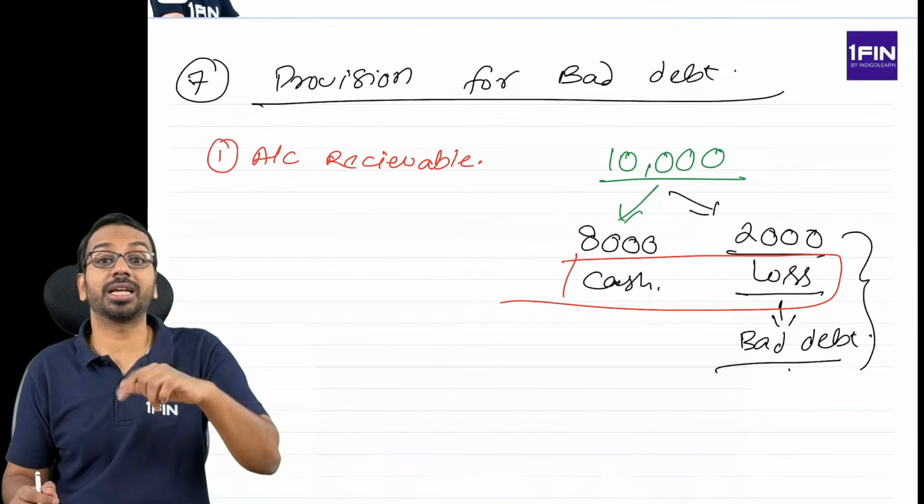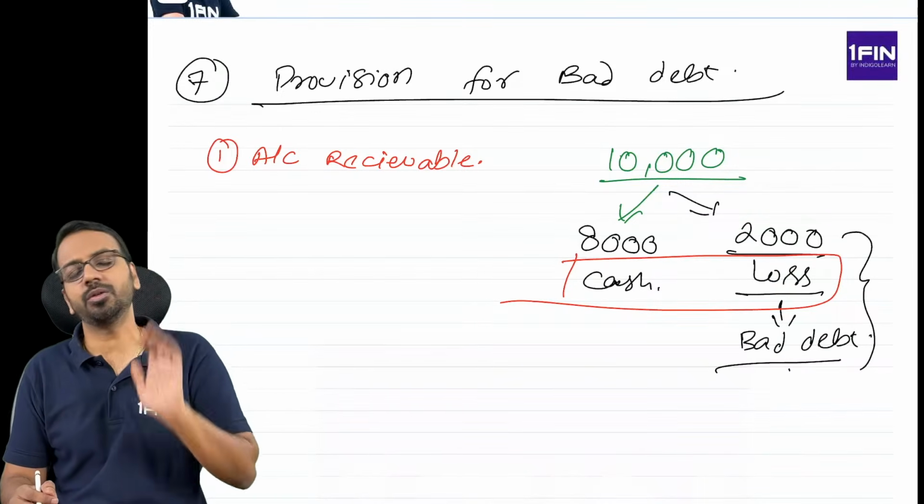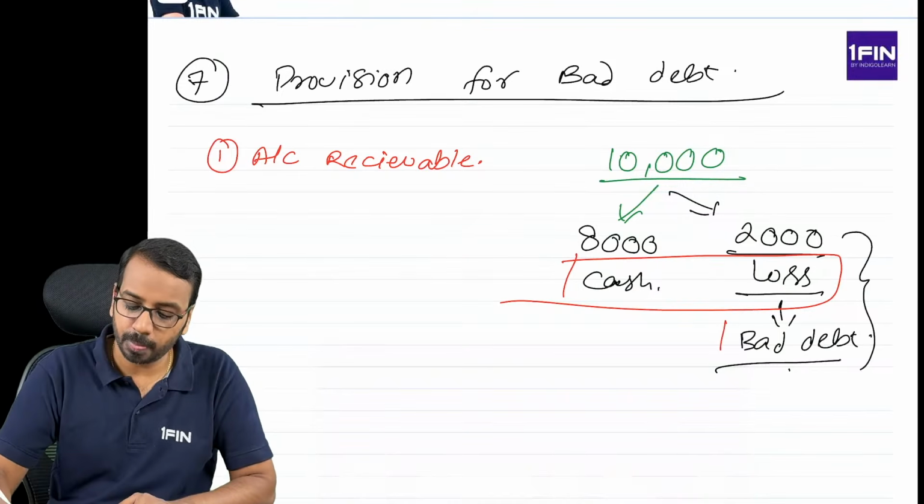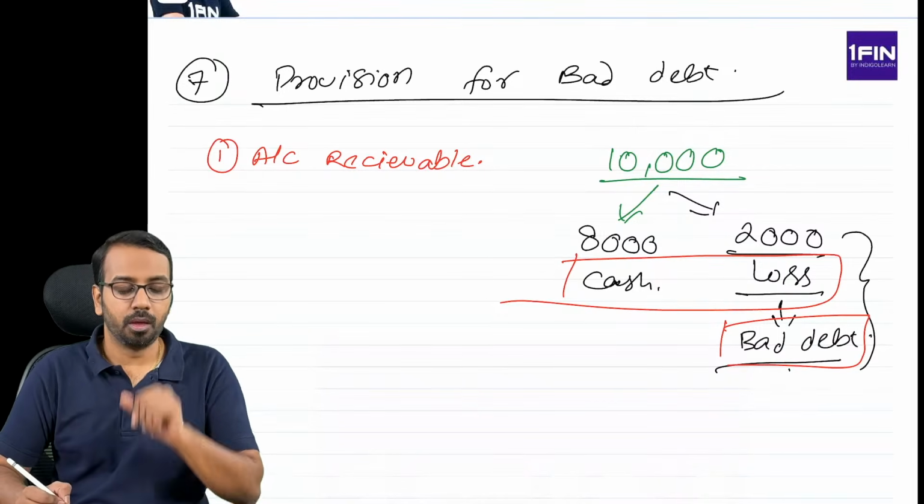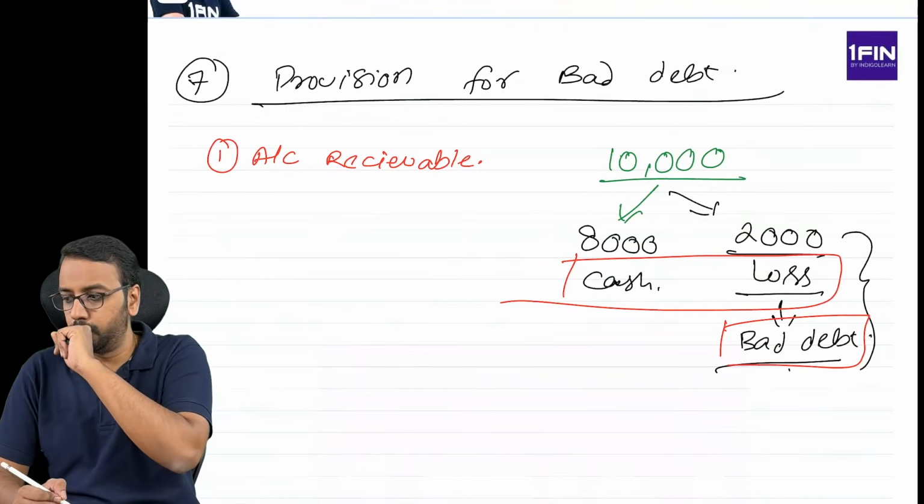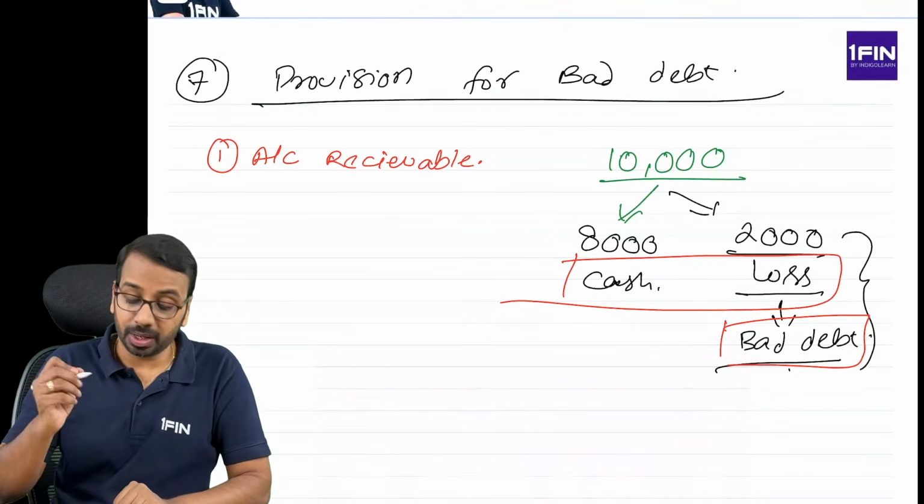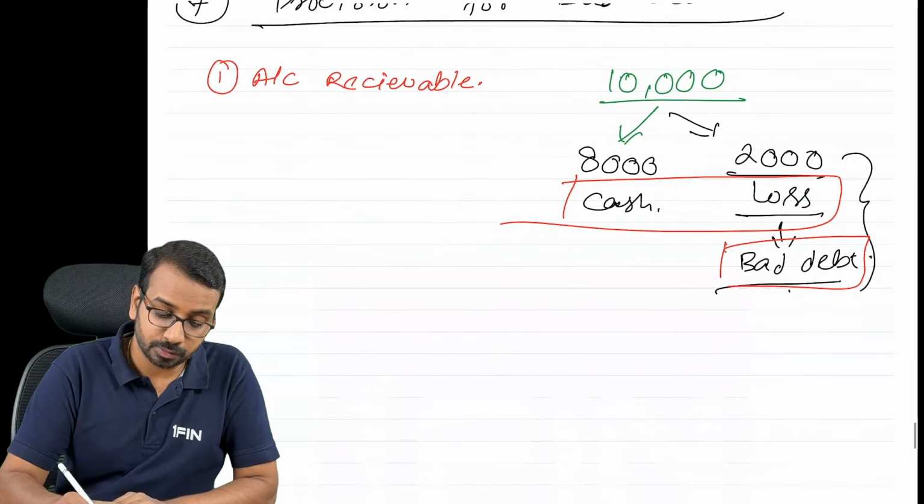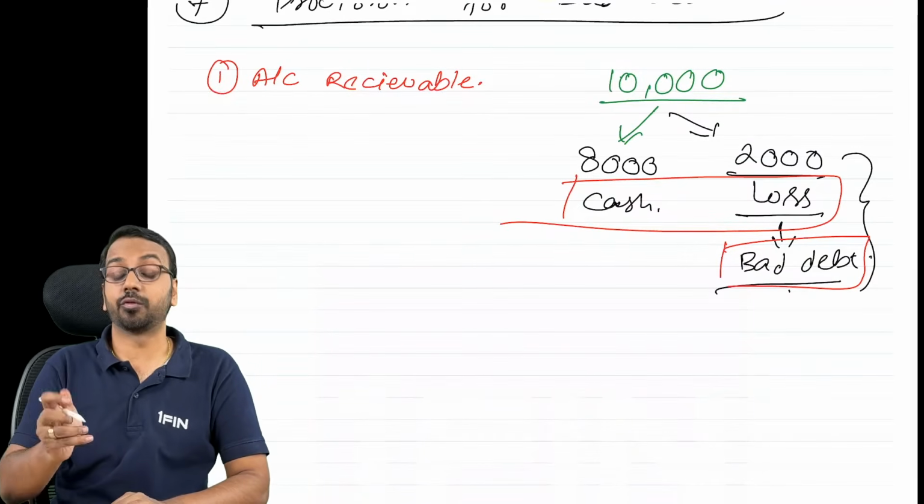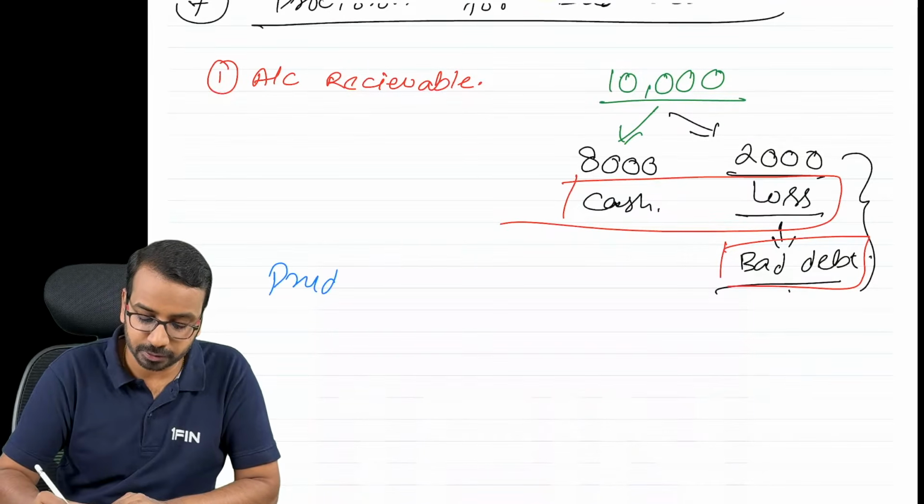Then there is also a concept called expenditure. Expenditure means capital or revenue expenditure. Alright, so this is an actual bad debt. But sometimes what happens, or when we have to follow the concept of prudence,